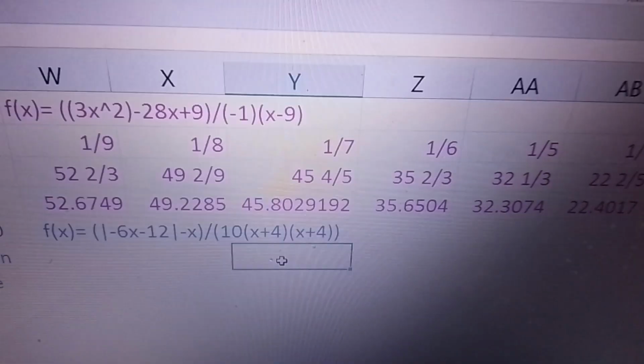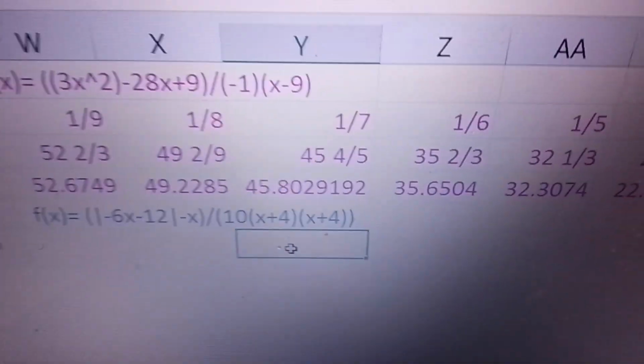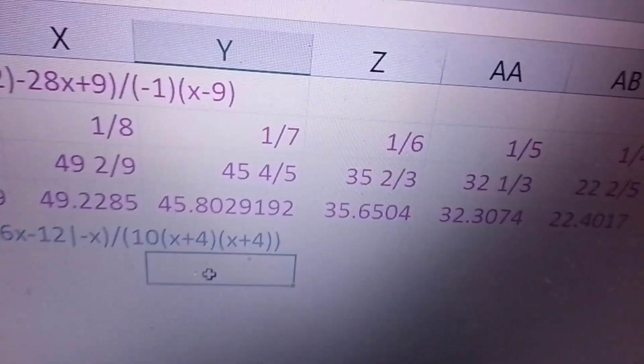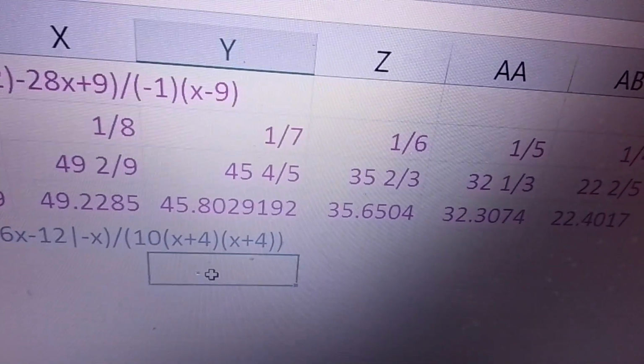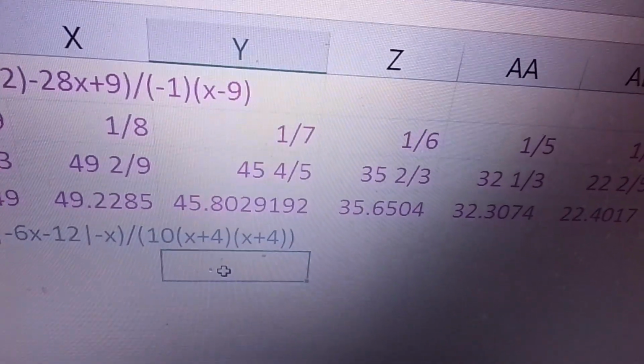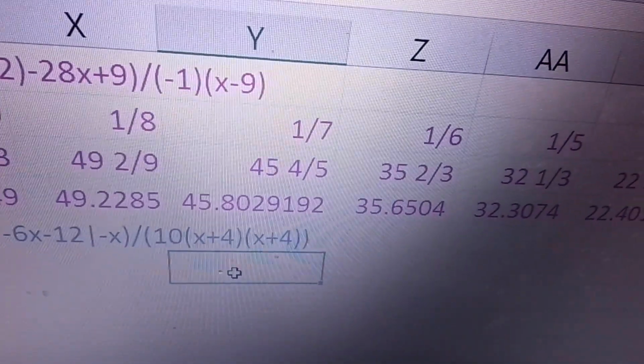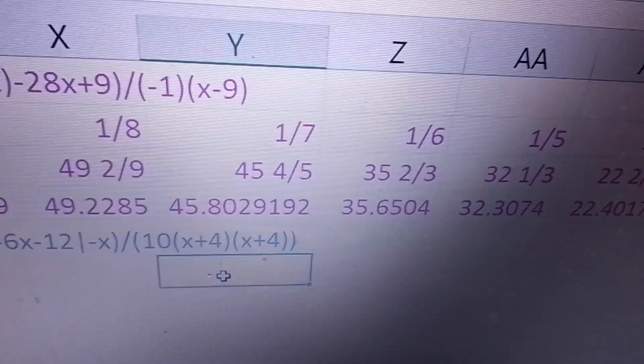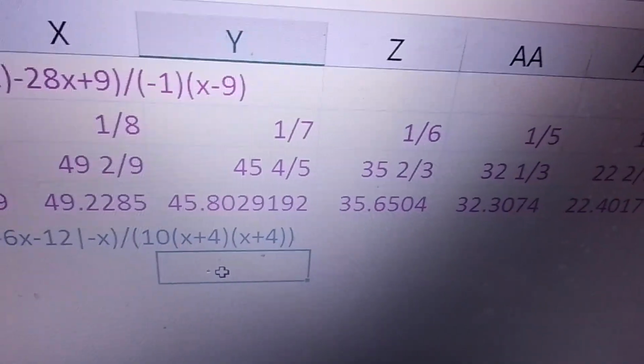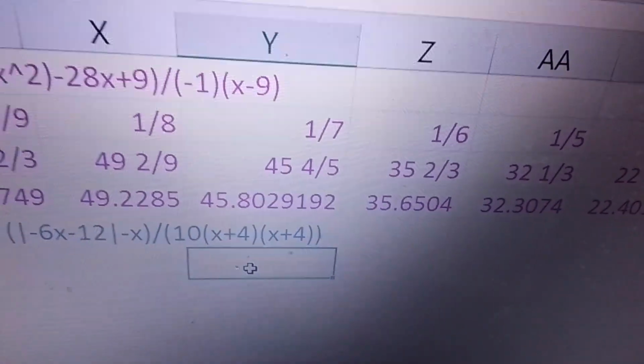So remember, this is 10 times x. x times x is x squared. 4x plus, wait a second. This is not supposed to be our formula, because I know we're supposed to get 4x. Ah, yeah. Remember, 4x plus 4x, right? 4 times,